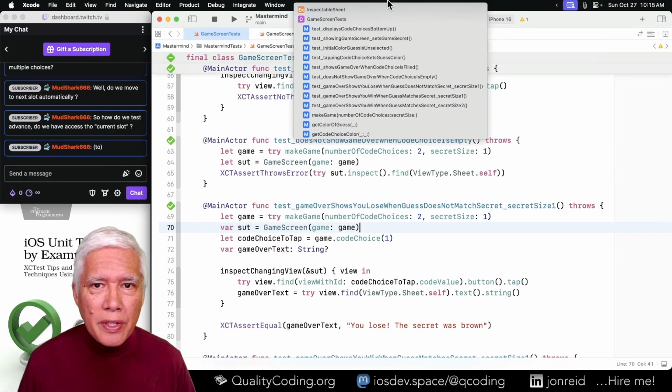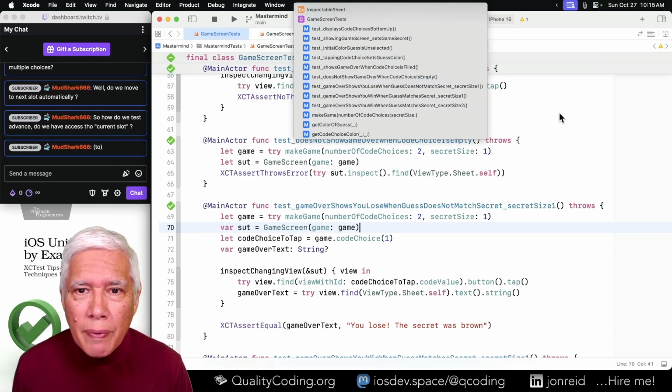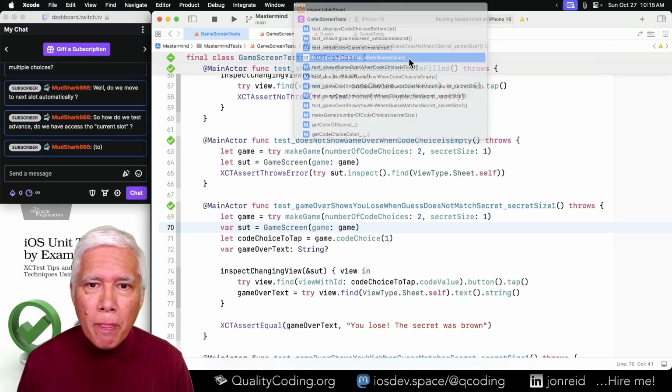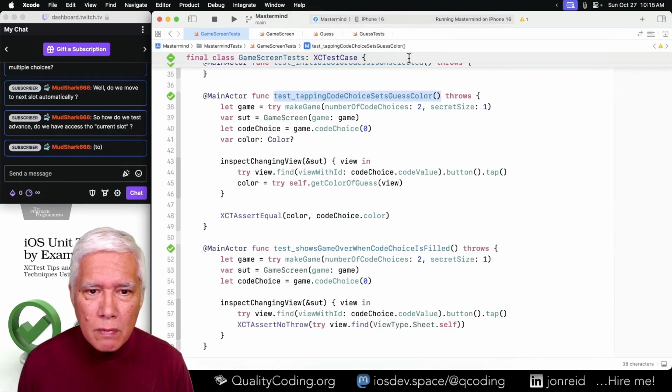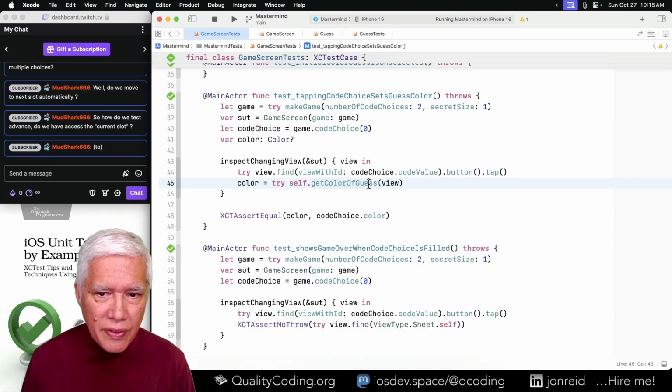No, let's look at the test names. Super tiny, sorry. Tapping code choice sets guess color. There's our code choice out of a secret size of 1. And as soon as we tap it, we get the color of that guess that will match the code choice.